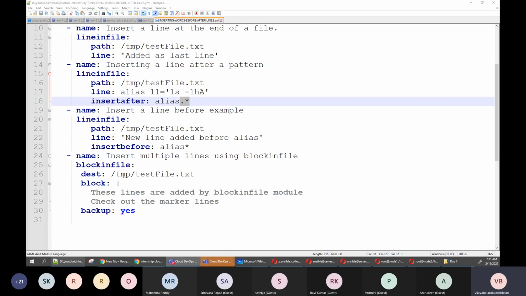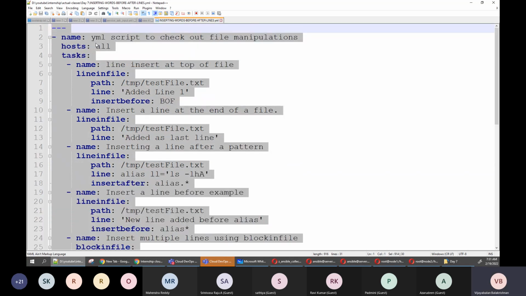Or with the blockinfile module, you can add multiple lines before a condition and amend them. I'm saying line, but in your case it's going to be your configuration changes. This is one of the important points you can come across in your day-to-day project requirements.